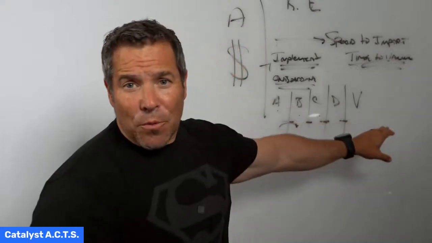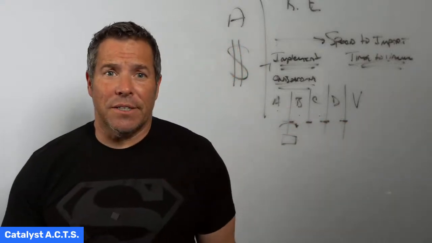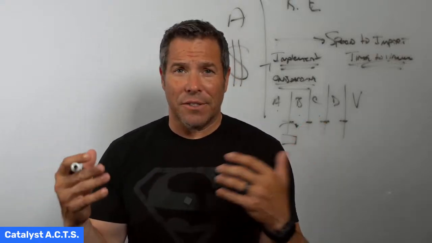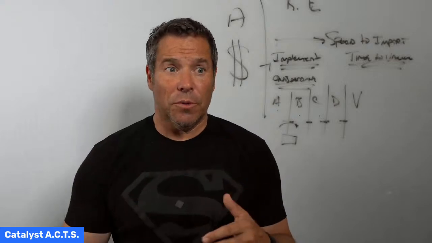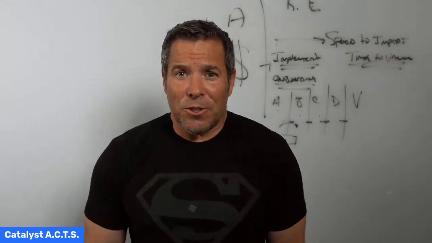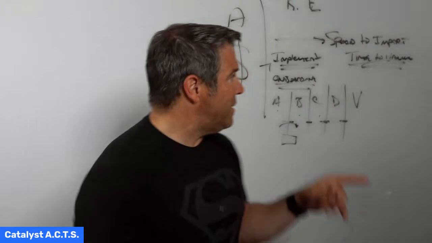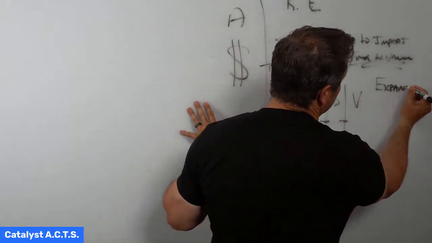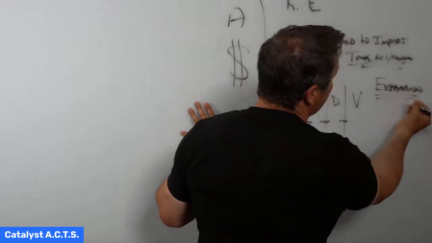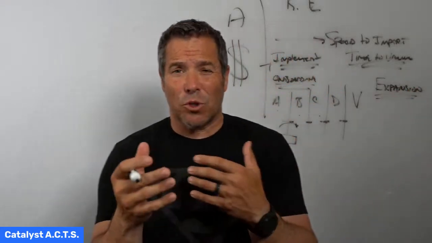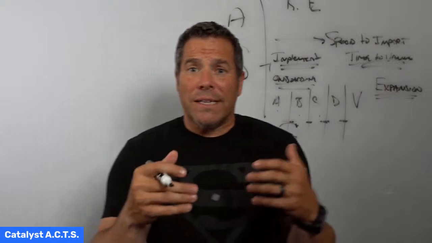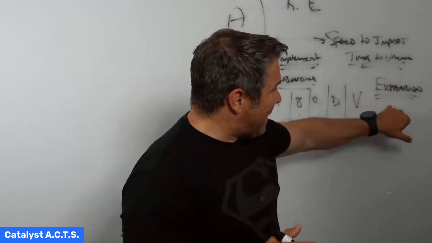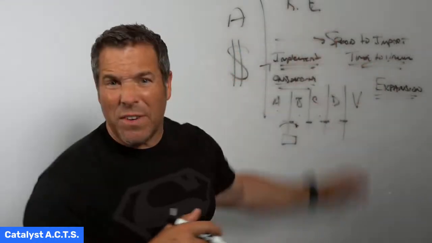When we get to that value point, the next question we want to ask is, if we've done what we've said, did we do what we said we were going to do? Which is the confirmation step in the Catalyst Sale process. Did we do what we said we were going to do? If we did do what we said we were going to do, where else can we do more? This is where we start to look at expansion inside the existing account. Are there other end users that we should bring on into this if we're talking about SaaS? Are there other segments of the organization that we should engage with? We're now looking at expanding the business before we even get to the renewal.